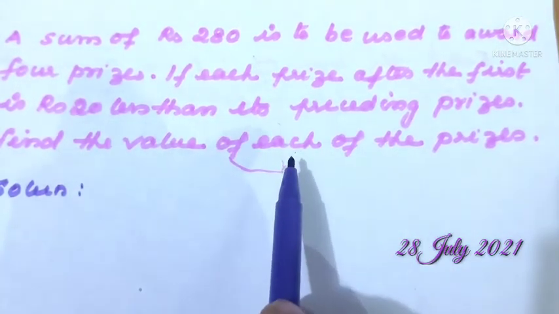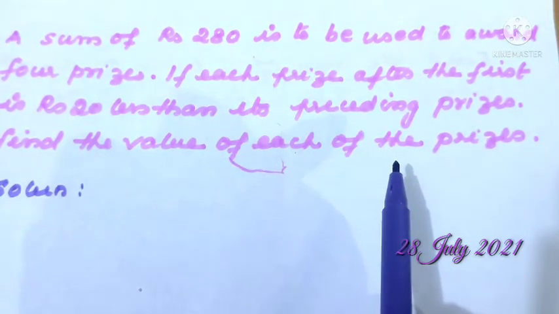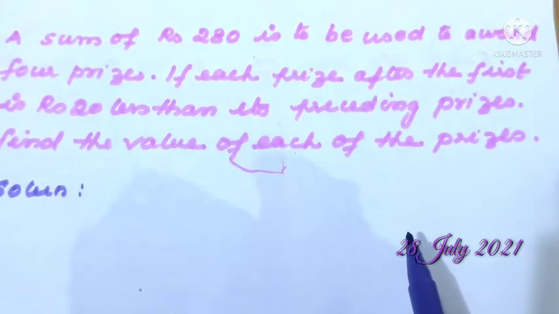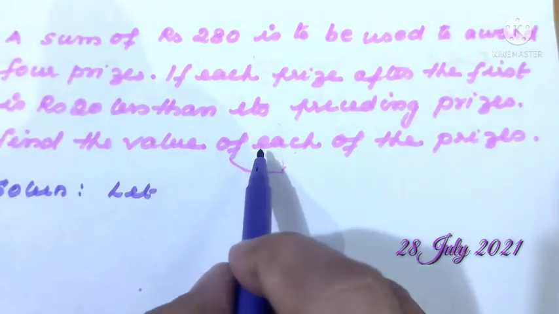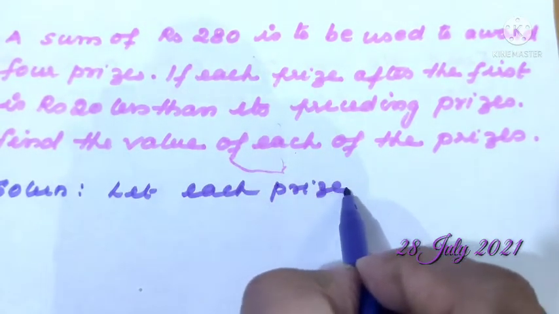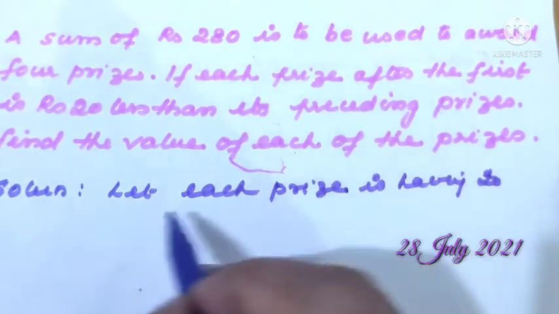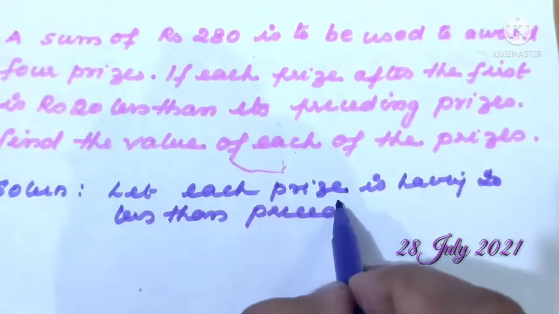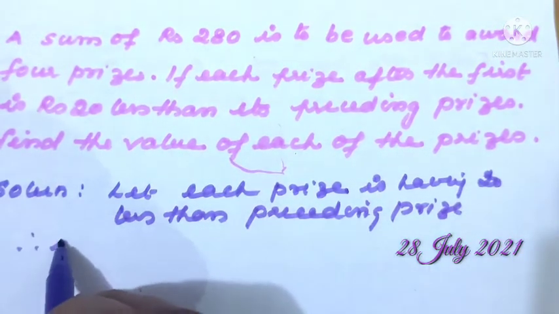So it's an AP with A, which is unknown to us. The first term is rupees X, let us take, and the next term is X minus 20. So the common difference is minus 20 only. Each prize is having a difference of 20 less than the preceding prize. Therefore it is an AP